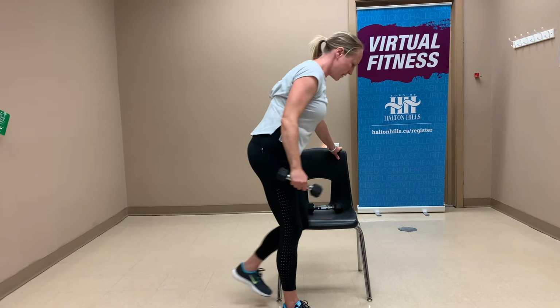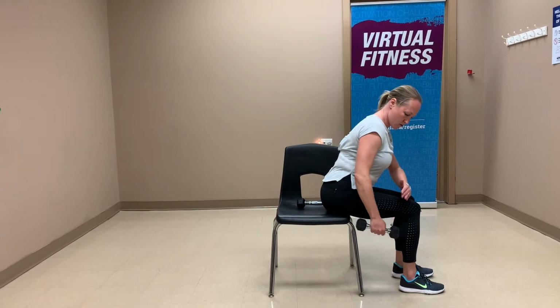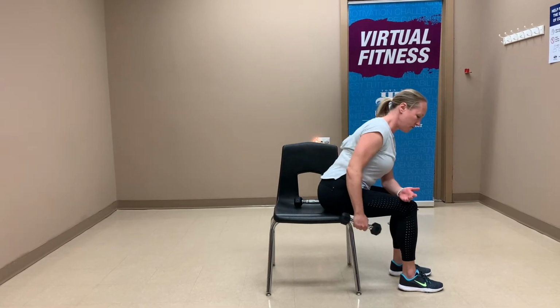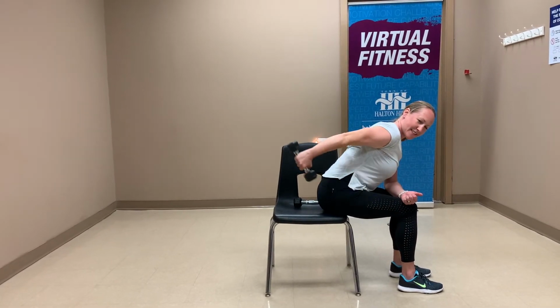However, if you wanted, you could also do this seated. So you can take your hand on your forearm on the top of your legs here. You're gonna pull up, kick back. All right, I've showed you 2 options. Let's do 10 together. So it's 10,